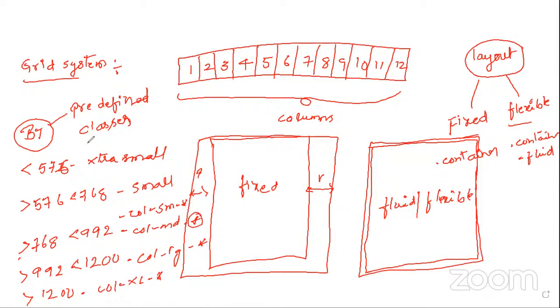Okay, next what we have to understand: columns. When you are creating columns, make sure that all the columns are placed inside a row. That is why you have to write code. Guys, listen carefully, and let me clear this drawing. When you are writing code, whether it is a fluid layout or fixed layout, let me write one simple code. So guys, what I'm going to do,